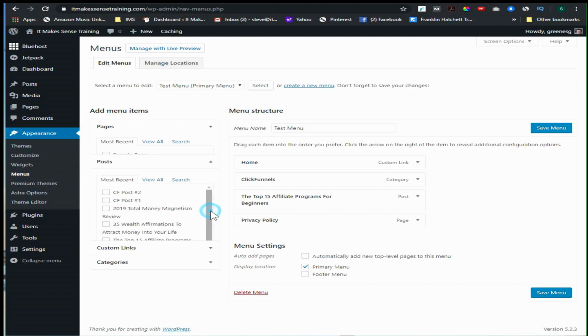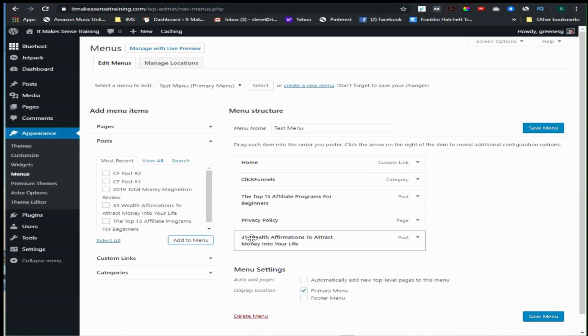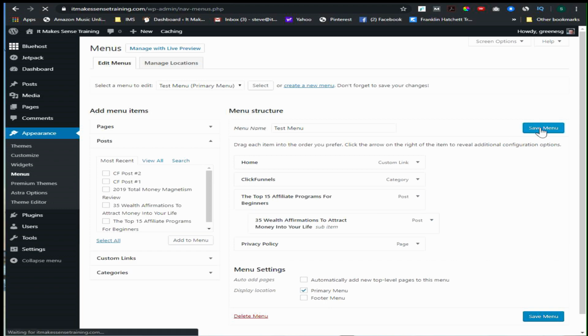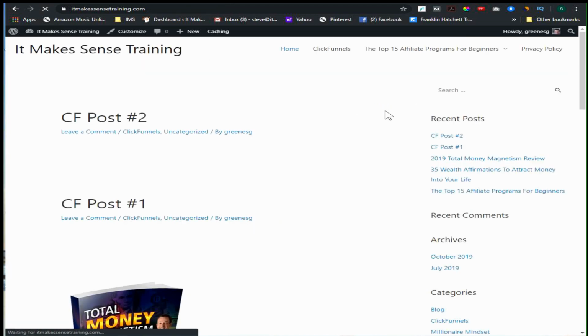So let's say I want to add this one, that wealth affirmations post underneath this. I can just add this to the menu. Now what I do is I click on it and I drag it, but see how it's a little indented? That means it's a submenu, and I'll show you what that looks like. So if I save this, and I go back to the web page, now if I highlight over this, you can see that it brought down this submenu,